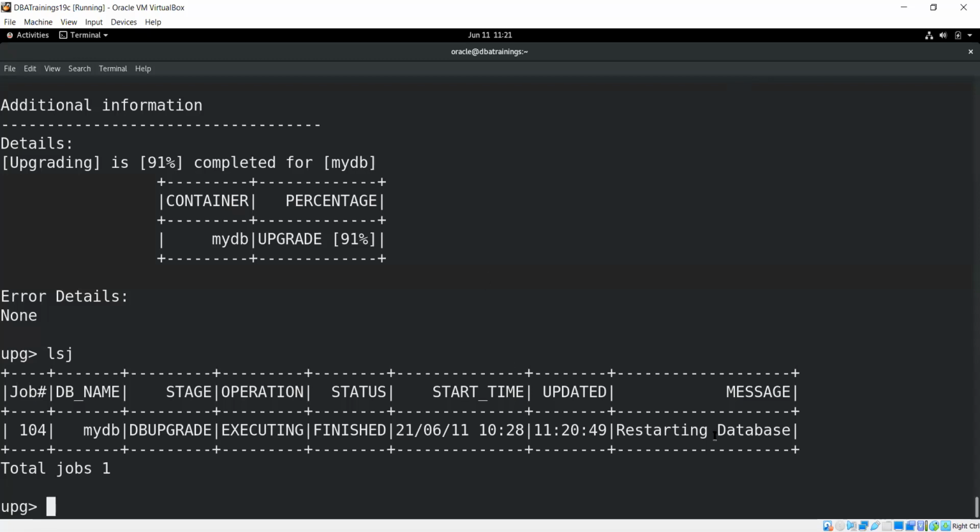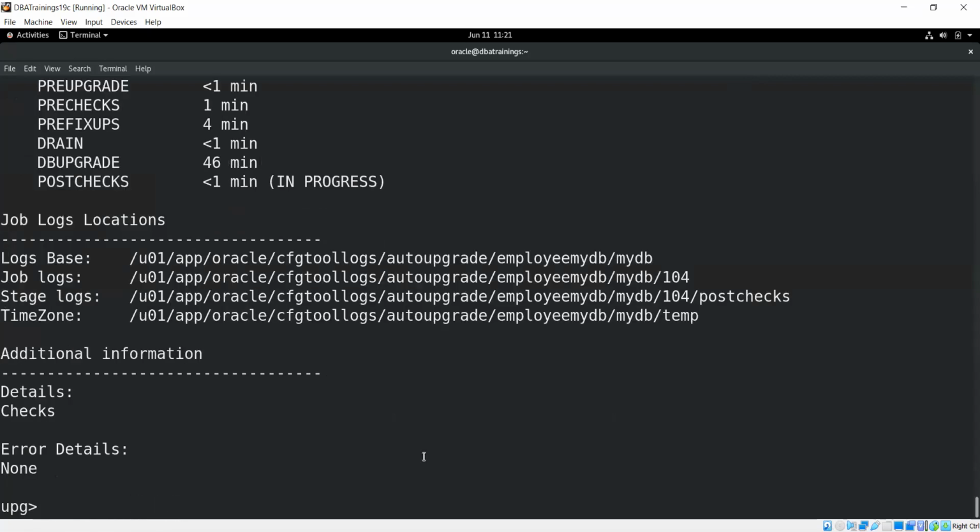So now you can see the upgrade has completed, and now they are just restarting my database. Let me see the status for my job. As of now, they are just performing a process check.